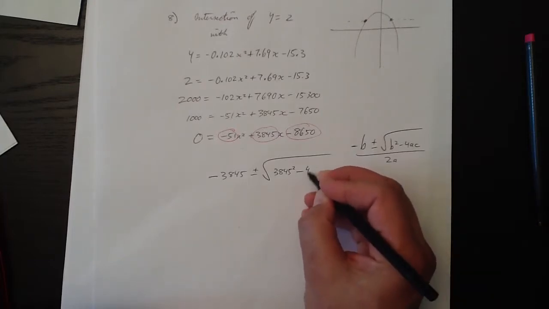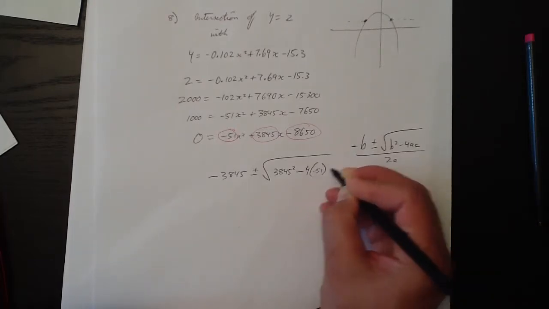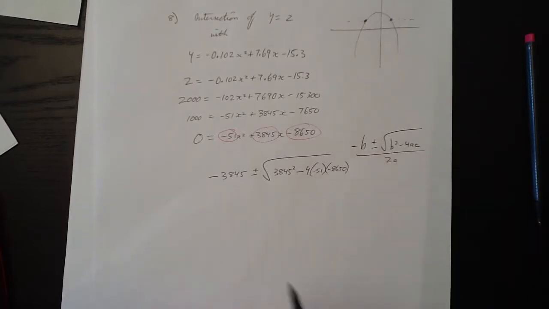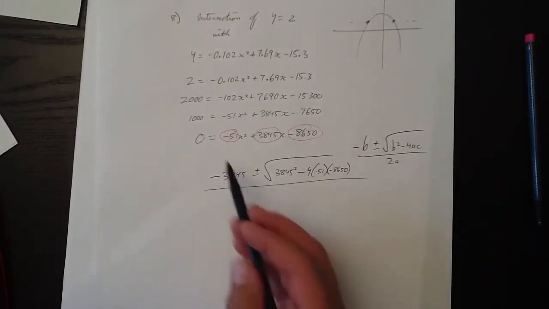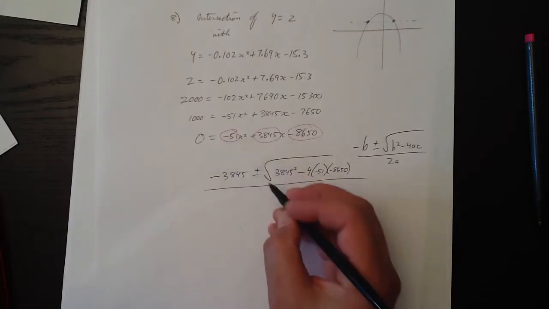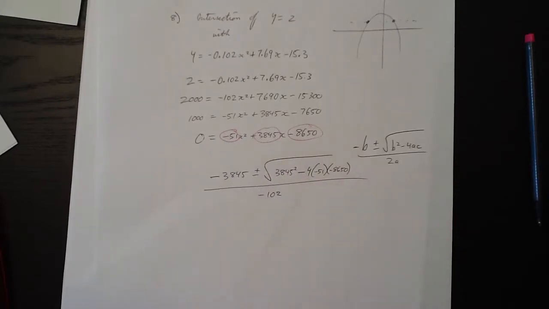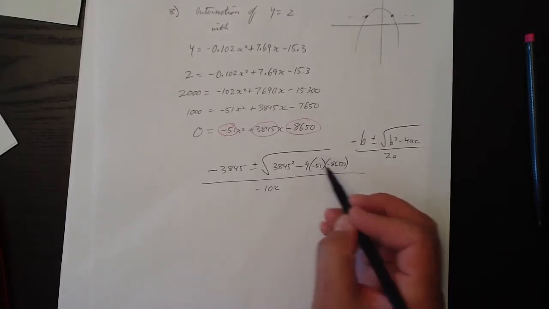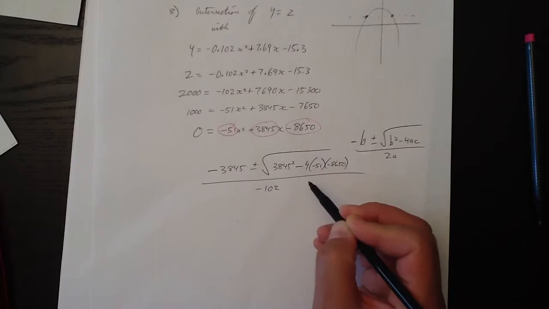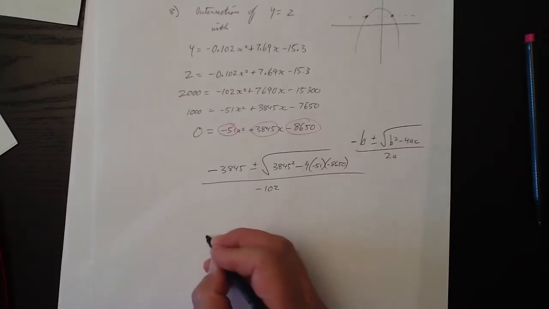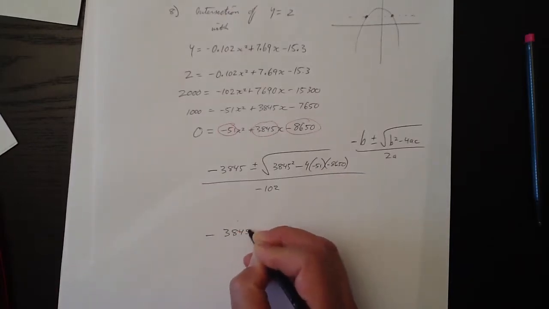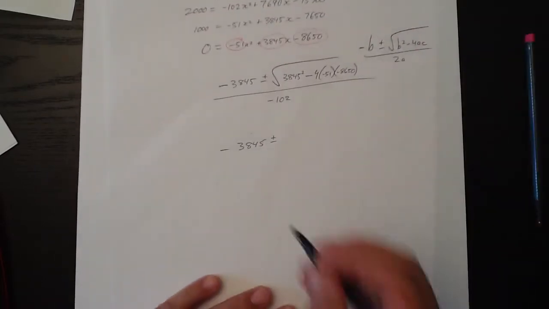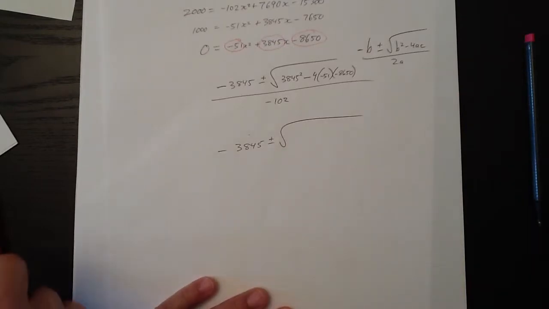So that's 4 times negative 51 times negative 8650. That's going to be a big number as well. All that over 2a. A is negative 51, so that's negative 102. So that will give me two answers, but you know what I'm going to do is I'm going to just deal with this business here before I come up with two equations. So negative 3845 plus or minus, let's move this up again, plus or minus root,